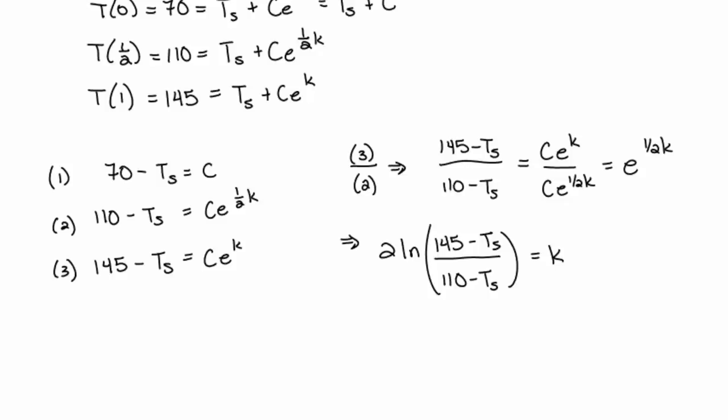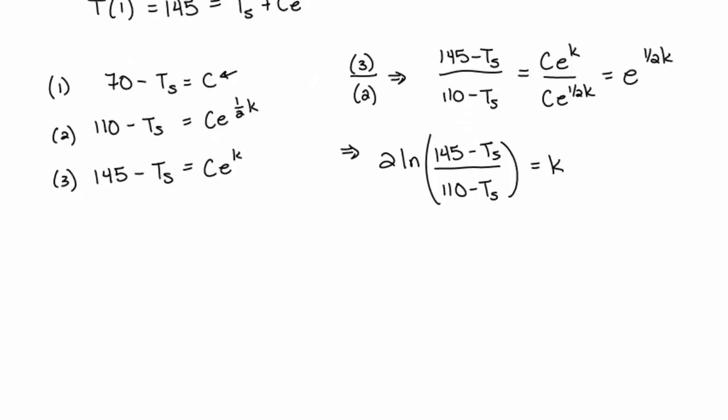Now with systems of equations, we tend to combine 2 of them to see what we can get, and then you combine another 2 to see what you can get, and then you finally combine the last 2. So what we did was combine 3 and 2. Now I'm actually going to combine 1 and 2. So in 1 here, I see what c is equal to, and so what I'm going to do is plug that into 2. There's a lot of other ways you could do this, but I'm just doing it this way. Plugging 1 into 2, we get